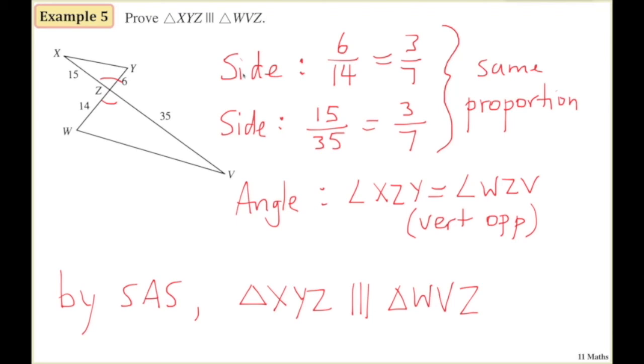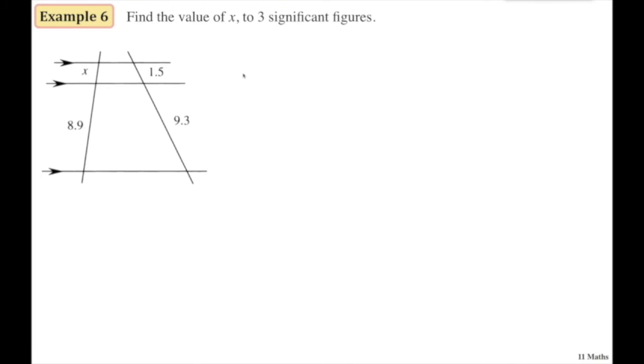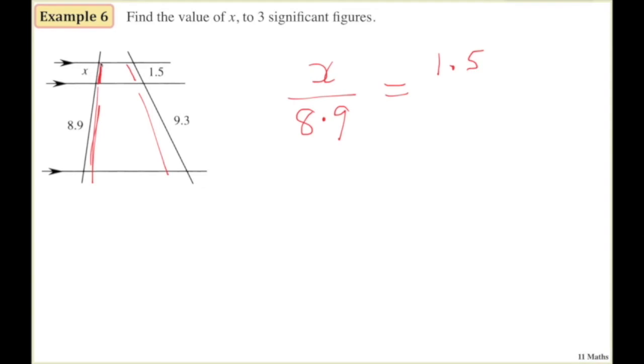Let's progress to example 6. Oh, this is a ratio of intercepts one. Now you may or may not remember that when you're looking at your transversals, it's the shorter length over the longer length, so x over 8.9 equals shorter length over longer length, 1.5 over 9.3. If we solve that, that's as simple as multiplying both sides by 8.9, we end up with our answer, which, put on the calculator, 1.5 over 9.3 times 8.9, and you'll end up with